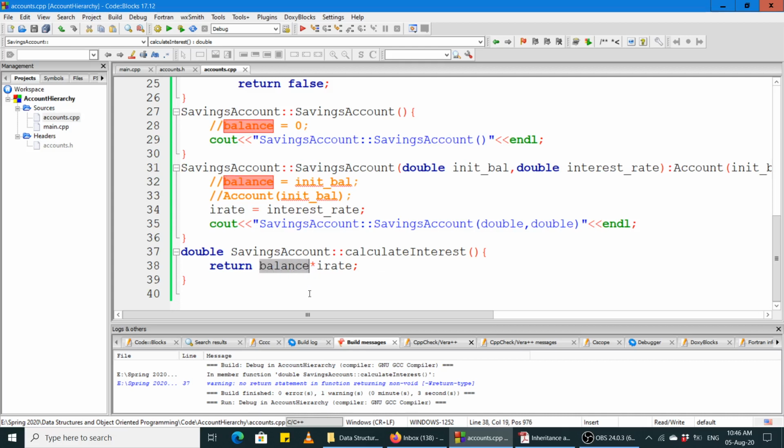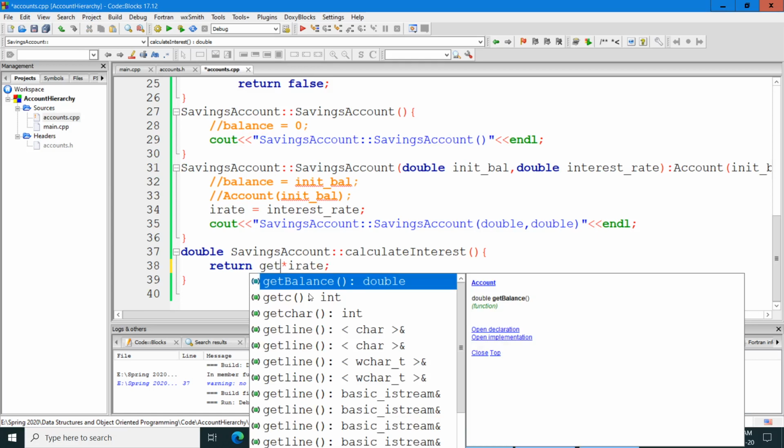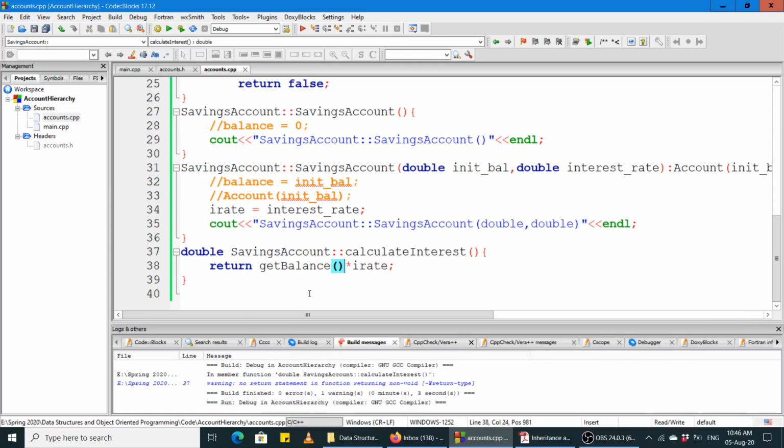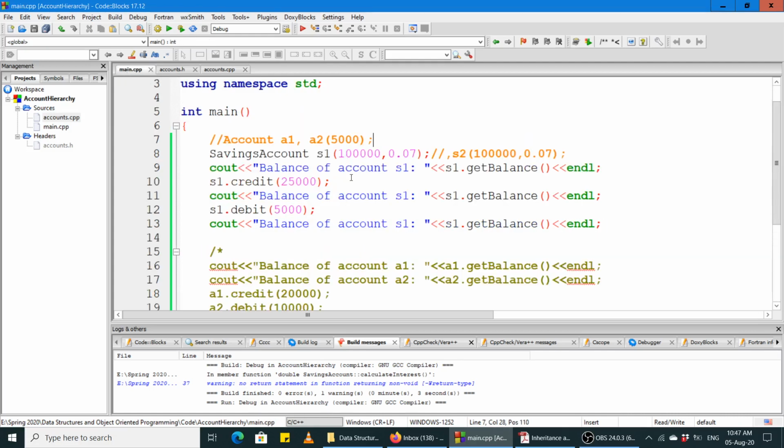फिर क्या करें? तो get balance function है ना, उसको यूज करें, ठीक है। So get balance function would access or retrieve the value of the balance और उसको फिर आप multiply करेंगे with interest rate and you would return this product, ठीक है। अच्छा जी, अब इसको चलें यूज कर लेते हैं।